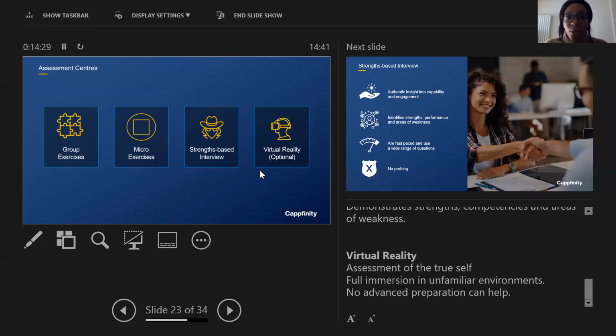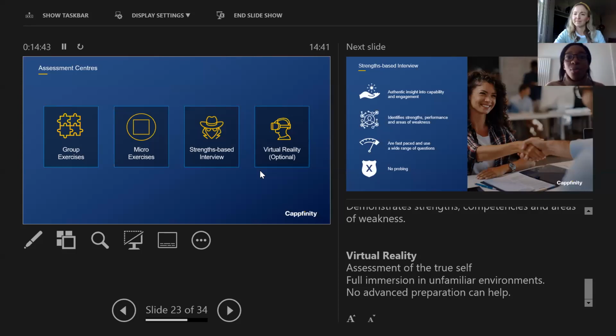If you had to do a presentation, or you're going for an assessment center even, you may have to deliver a presentation one-to-one, or deliver the results of a group exercise. If they need somebody to say, as a group you've collaborated on this, who's going to present it to the assessors? Well, if you have Spotlight, you might say, I wouldn't mind taking the floor and presenting back what the team have come up with.